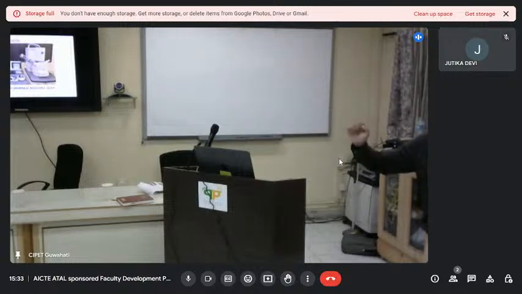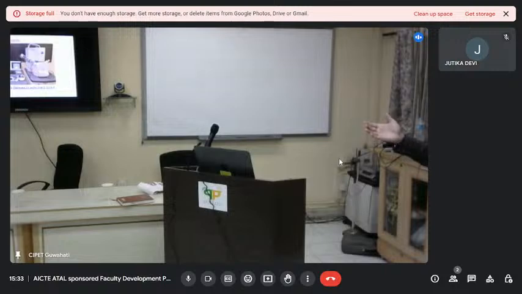Suppose 3 persons are standing: me, madam, and another person. All we 3 are different. Suppose X, Y, Z do not know how we look. X-ray gives you what? My inner structure, whether it is good or bad, whether my bones are broken or something like this. Inner structures. But from the outer side, how do I look? Am I a tall person, fat person? For that purpose, we need some machine to see the nanomaterial.